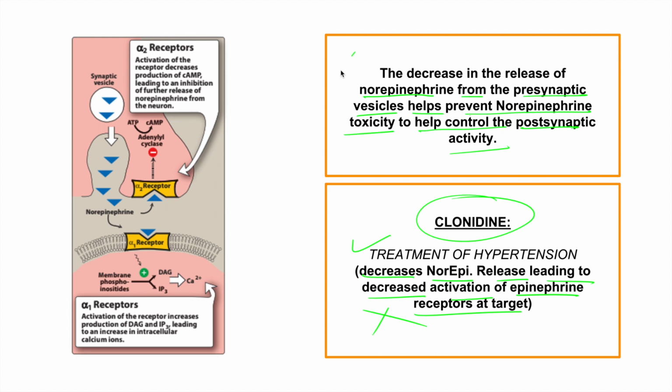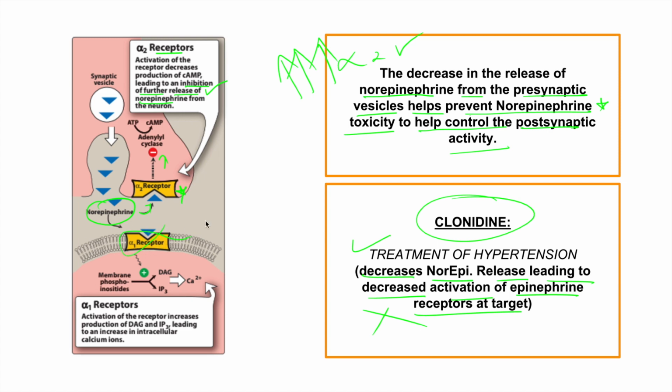So normally alpha-2 is good. It prevents the toxicity of norepinephrine, but clonidine hyperactivates alpha-2. It's an agonist of alpha-2. So what happens? See, alpha-2 receptors, activation of the receptor decreases production of cAMP, leading to inhibition of further release of norepinephrine. Okay? Clonidine hyperactivates this, which means all the norepinephrine goes in and goes all the way up there and nothing reaches